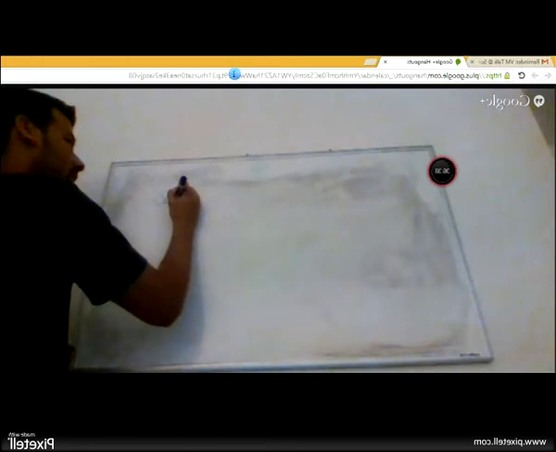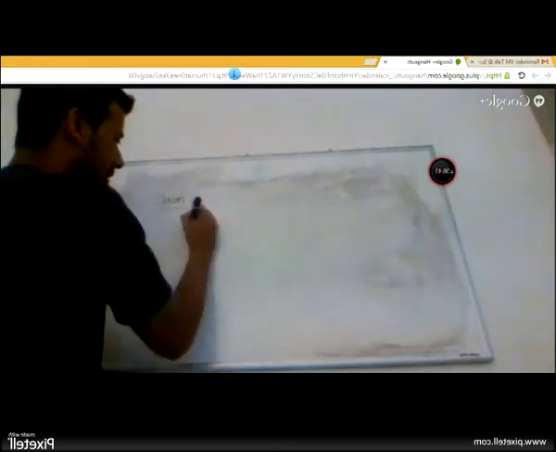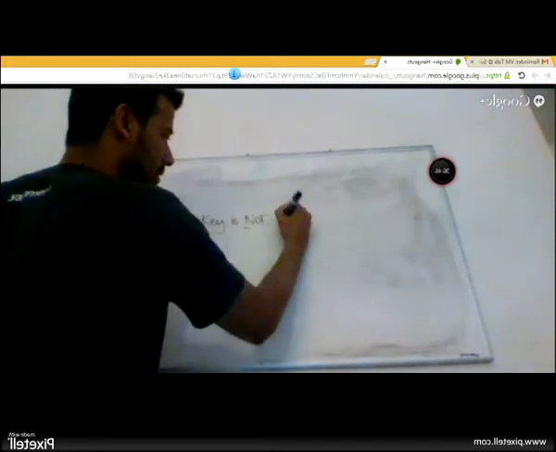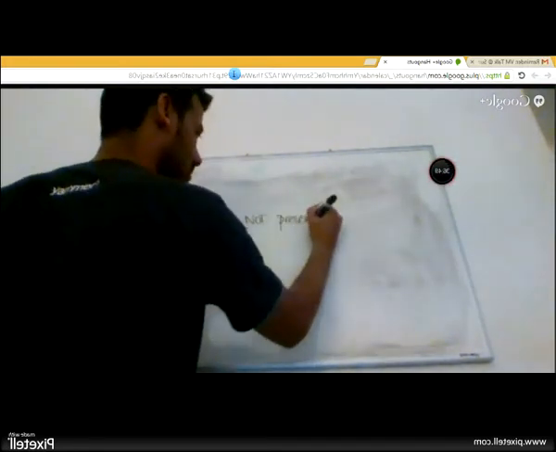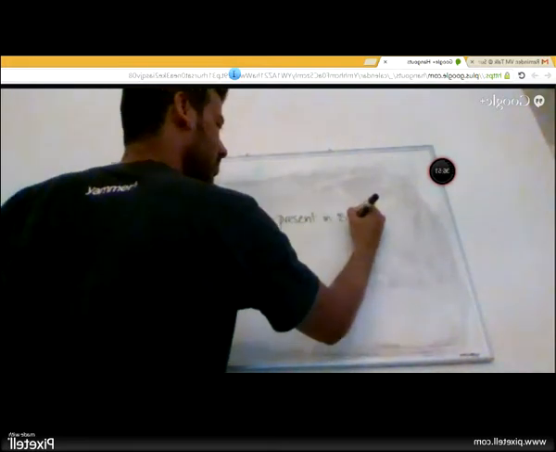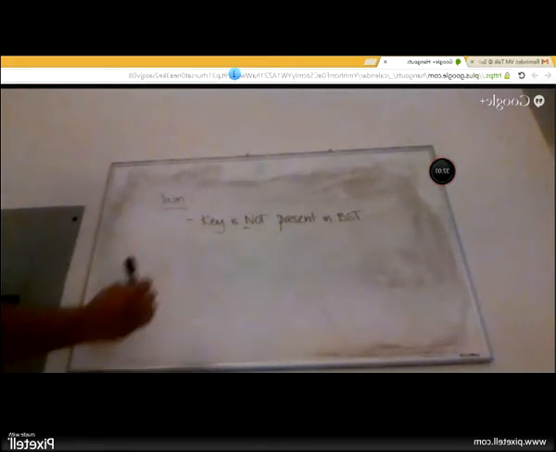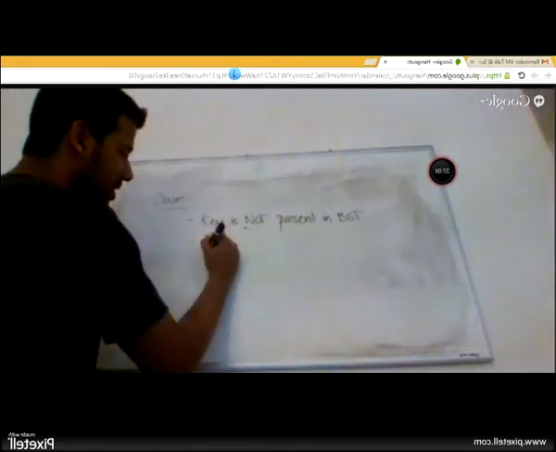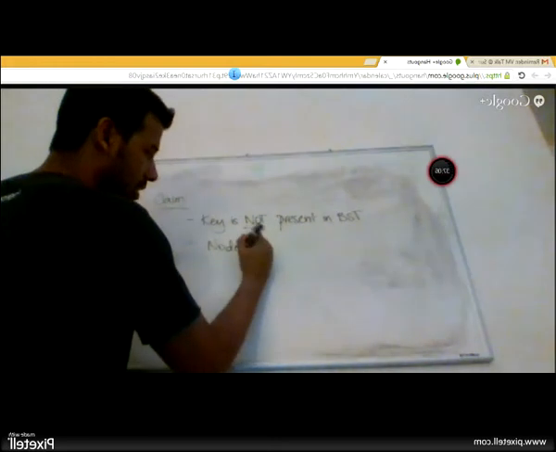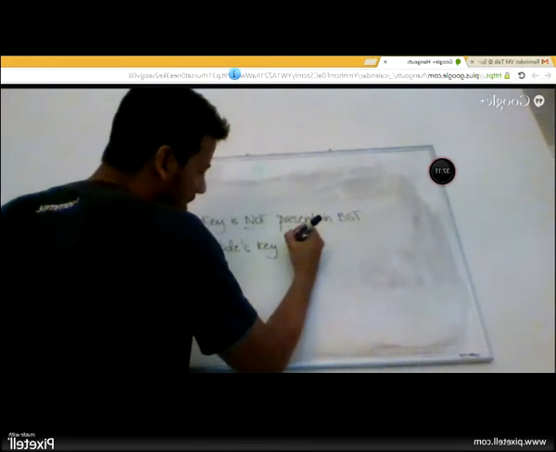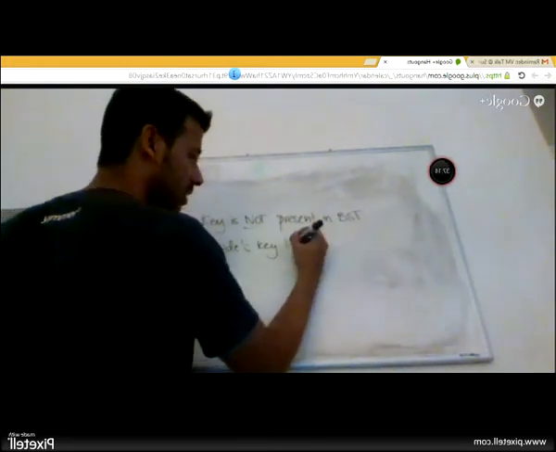So there's a claim. If a key is not present in a binary search tree, and let's say I'm searching for a key and this key is not present in my binary search tree, when I am searching for the key, I will traverse through a node whose key is the largest number just before the key.